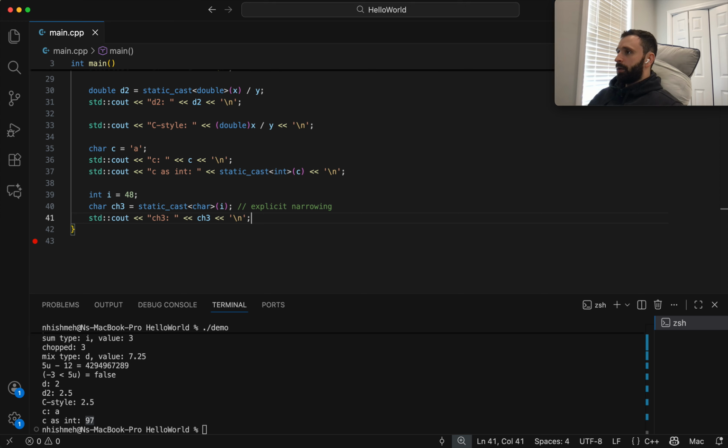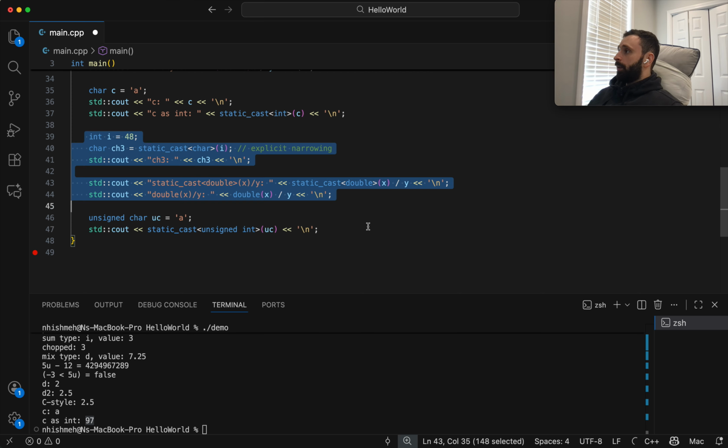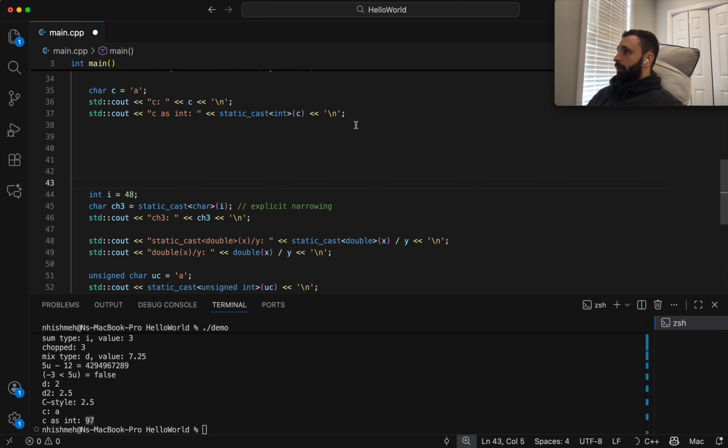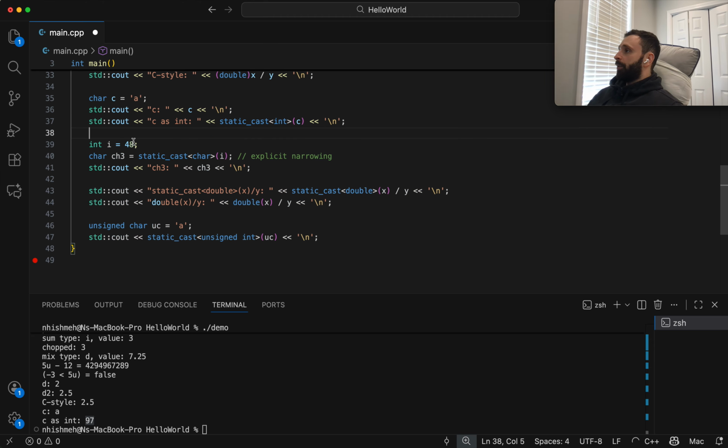Actually, before we print this, let's just keep going with the example. Okay, so here's what I added so far. We have int i equals 48, and then the char, explicitly narrowing. Then we print out the char.